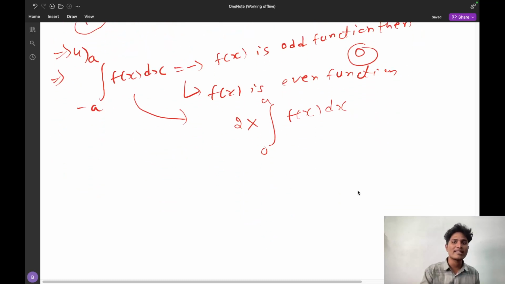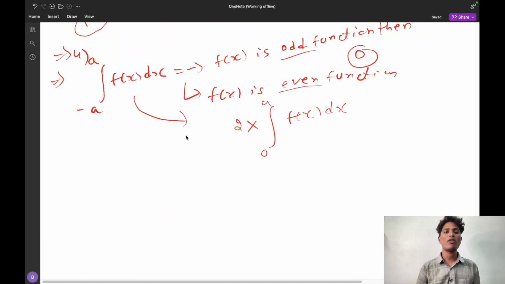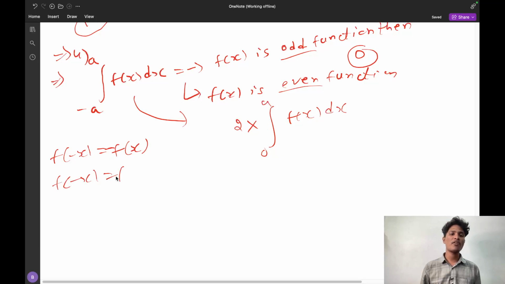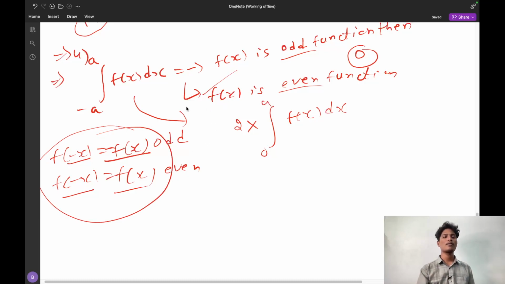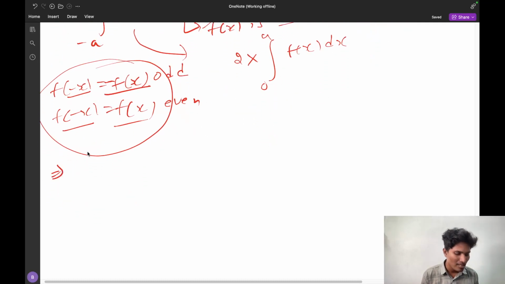I already explained this in sets, relations and functions. What is odd and what is even? If f of minus x is equal to minus f of x, it is odd. If f of minus x is equal to f of x, it is even. So in these cases, the answers will be like this. I will explain in the problems, and you can understand. And the next property is